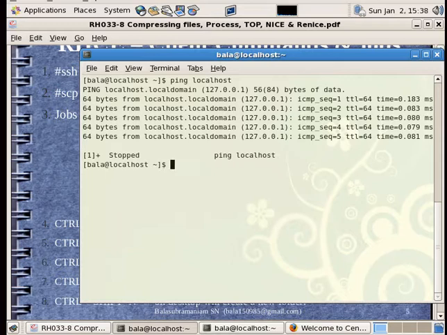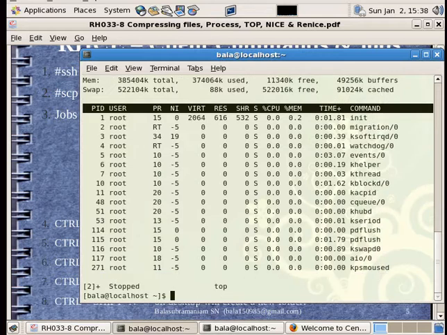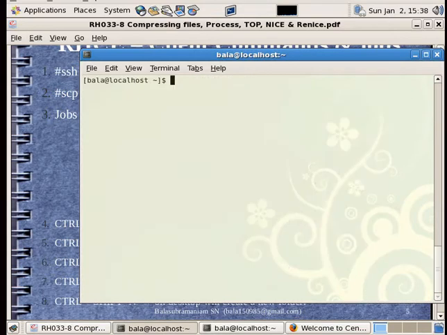Let me hit the top command as well. Hit Ctrl Z once again. Let me hit clear.